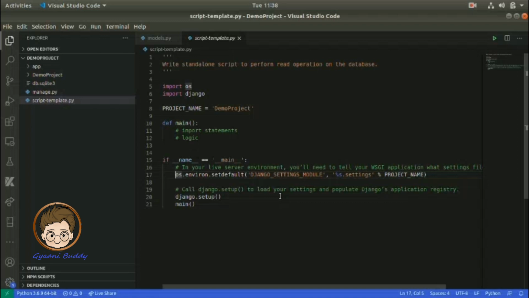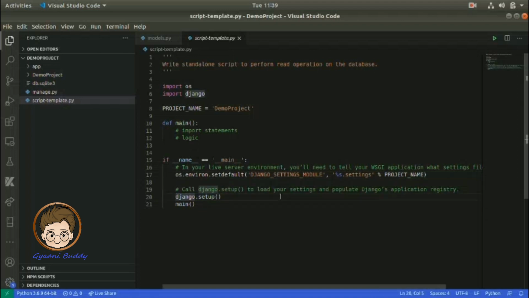Settings.py, if you think of it, is a file where you have registered all the apps or declared all the models and everything. It is a reference point where all the configurations and addresses of everything related to the project are present. And then we are calling django.setup.